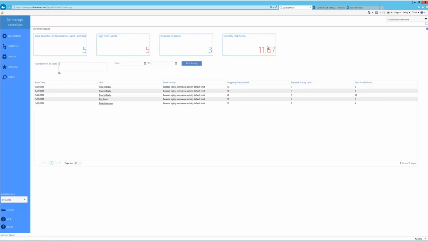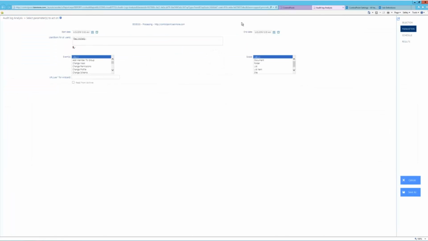You get a security risk score. It's just an internal calculation of the number of users that are exceeding anomalous activity limits and the severity of the event that they're running. And if you see an anomalous activity limit being broken, you can drill down into that a little bit further just by selecting the specific event, and it'll bring up ControlPoint's audit log analysis report for the specific day that